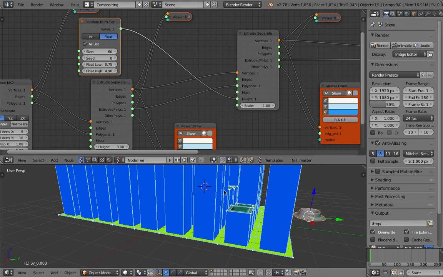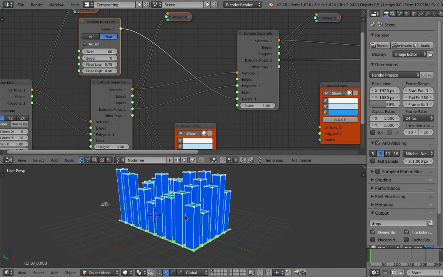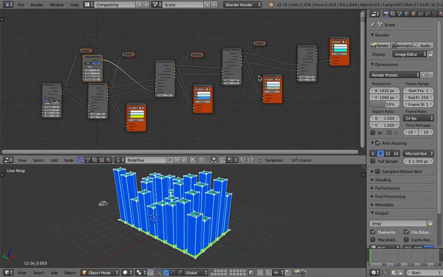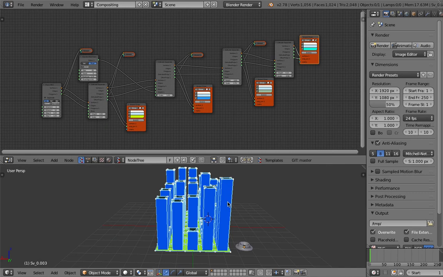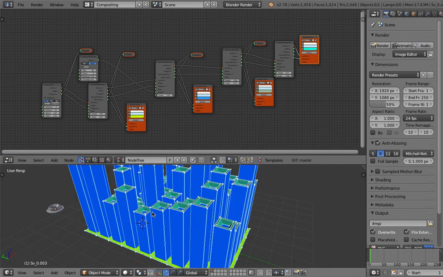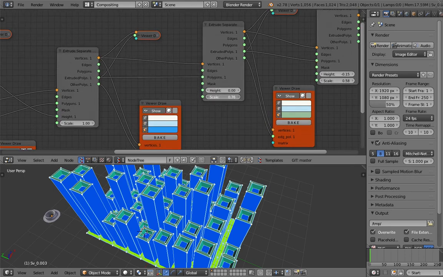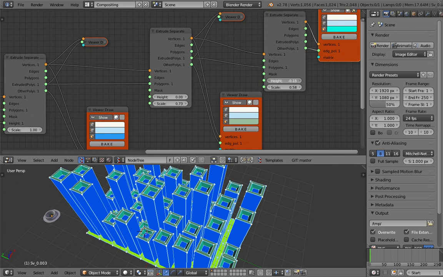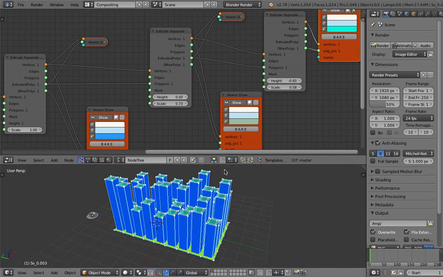So that's the power of procedural workflow. Of course, in this case, the actual extrusion process is slightly tedious, but in the long run, depending on what you're doing, this can be really beneficial, because at any time, like I said, you can go inside and make adjustments to anything. All of this is adjustable. And if you want to bake it,